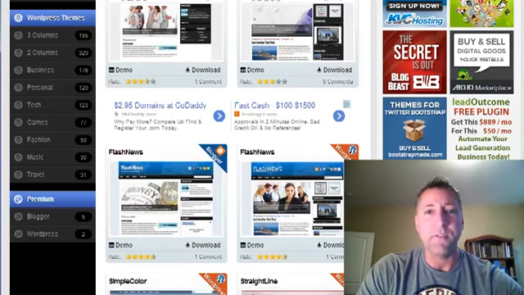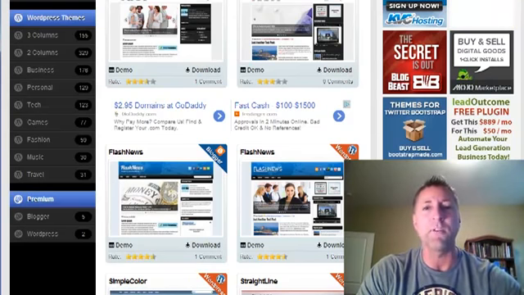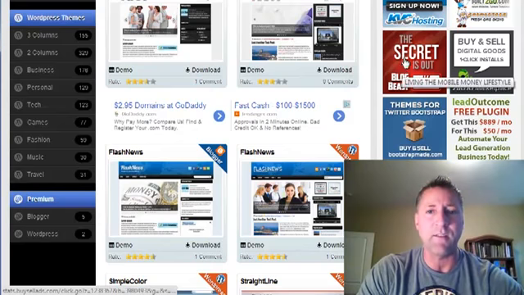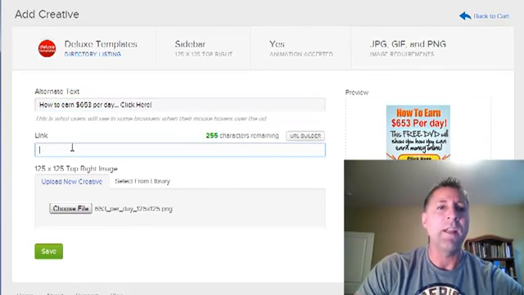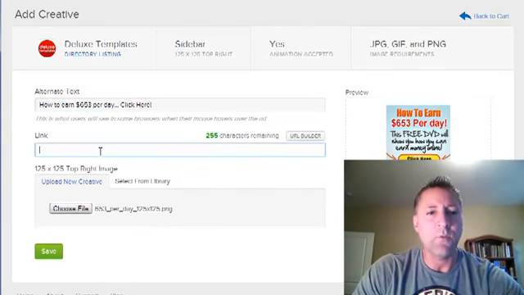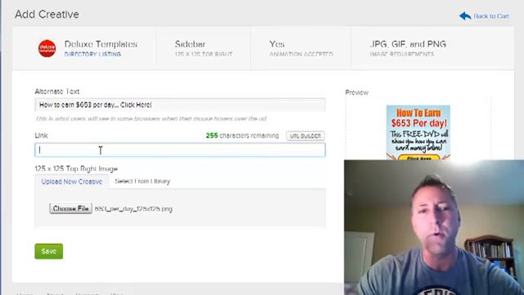It makes a difference. Put a call to action in there. I like to just use "click here" because it tends to incite the right response from someone when they see that text, they are tempted to click. So that's a good thing to know right there. And then the link. Now the link is where you're going to put the URL, the full URL of where you want the person to go when they click on your ad.